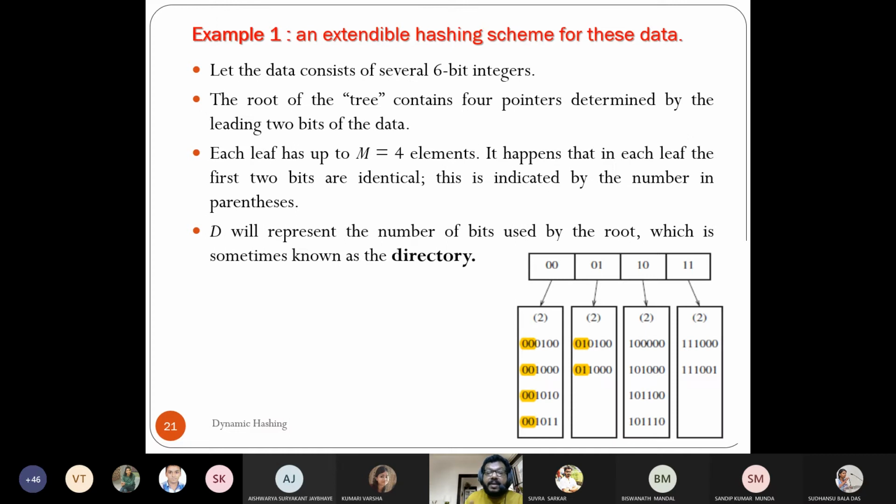If you look at binary numbers of 6 bits, why do we need 4 buckets? Let us say this bucket represents a single area on the disk block where we are capable of storing 4 records. Because there are a number of keys and each bucket has capacity 4, 4 into 4, that is 16 values I can store.